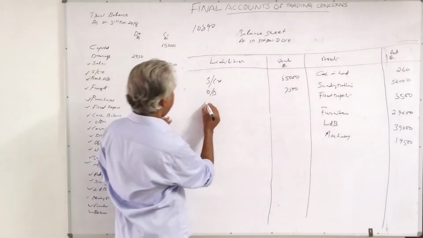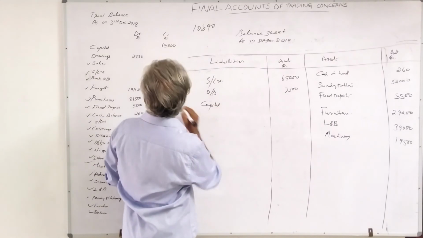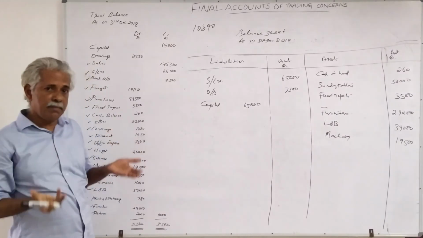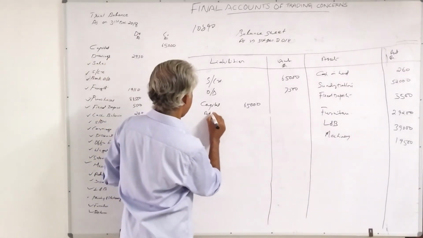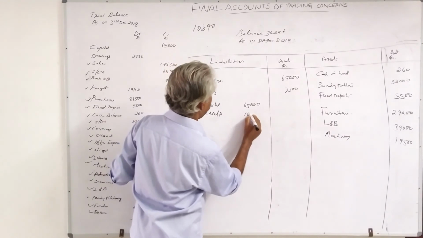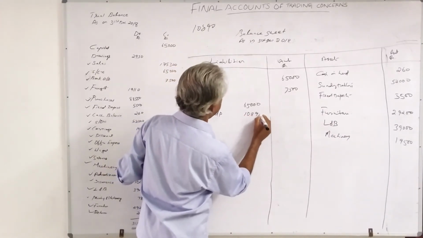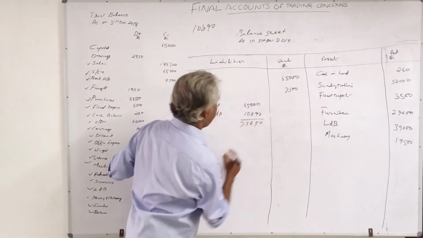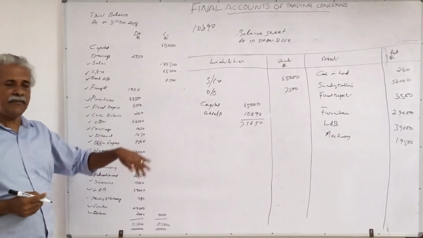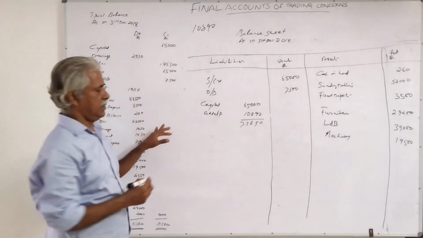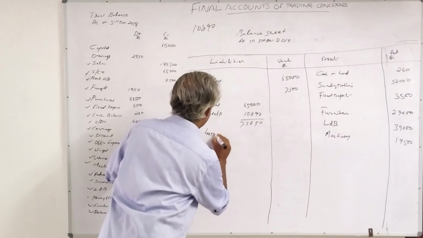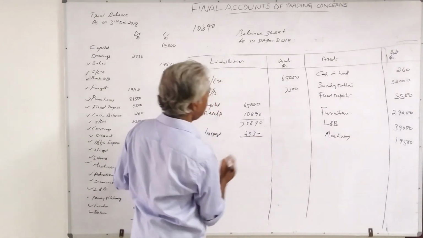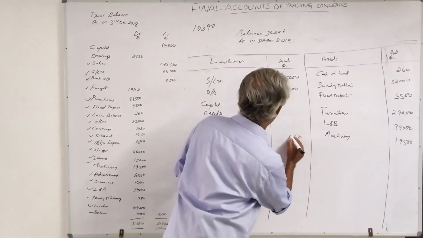Hence, we can write here capital, the given amount 65,000, and it is enhanced by the net profit, that is net profit 10,890. That means 75,890, out of which drawings should be subtracted, less drawings rupees 2,930,